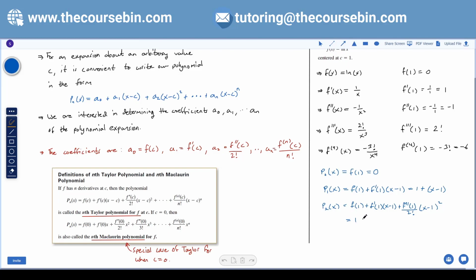It's just going to be 1 plus x minus 1. And f double prime is just negative 1, so this would be minus 1 over 2 factorial times x minus 1 squared. Right, so it's just the same pattern. So I'm just going to write out the formula now for P3. All right, so P3 turns out to be